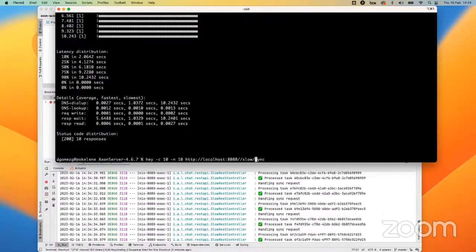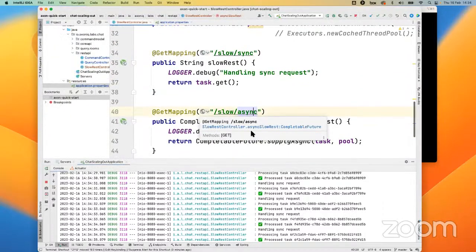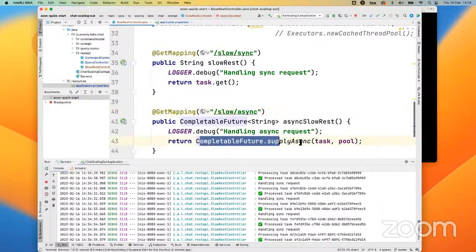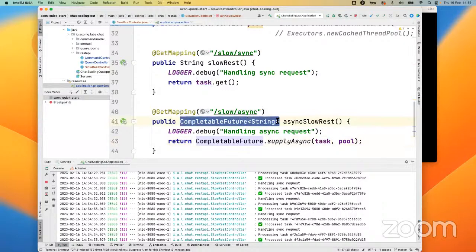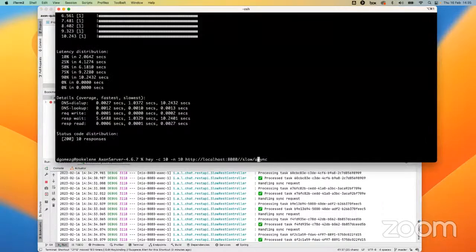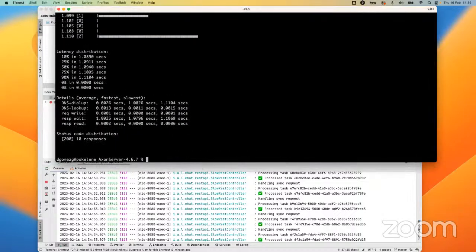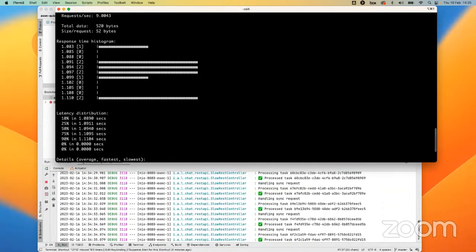But if I use the other endpoint, which is basically using a CompletableFuture supplyAsync to execute the task, and then is returning the CompletableFuture itself, this is going to make Spring make use of that, and is going to release the Tomcat worker first. So if I do this, even doing the same thing, I will see that the